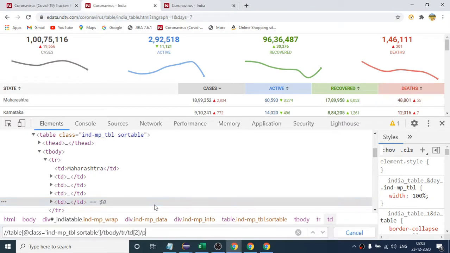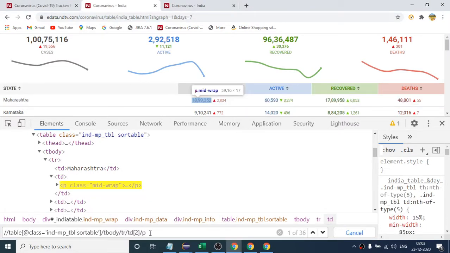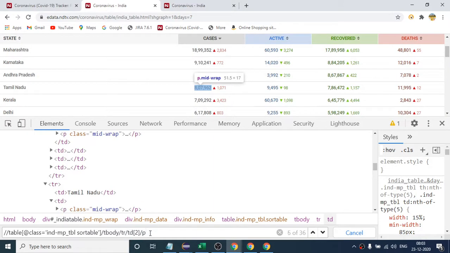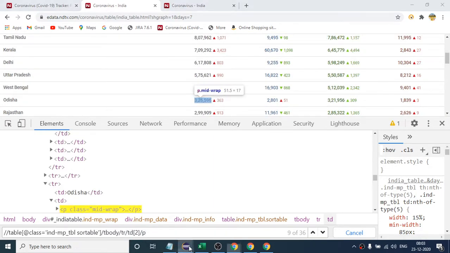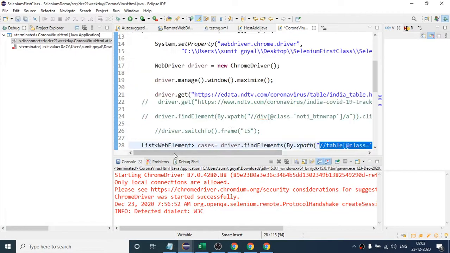Control F, Control V. So here it is working in a similar way, so we can also use this. Now let's see, this time it will load fast.